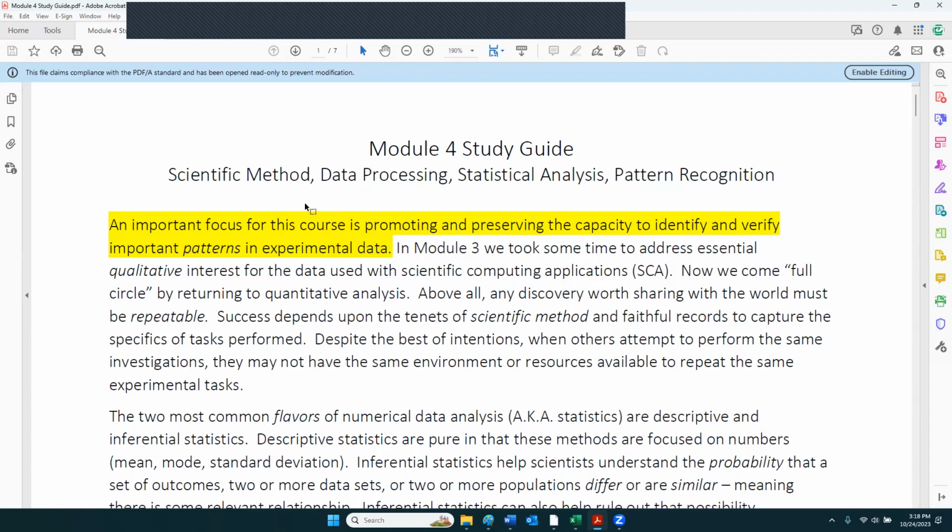One thing we want to emphasize in this module, we spoke about the scientific method. In our last session, we reviewed the basics about the scientific method. And an important focus for this course is to promote and preserve the capacity to identify and verify important patterns in experimental data. So this is where the magic happens. When we discover things upon investigation, if we're meticulous in the way that we go about our study, and that's what the scientific method was all about in our last session,